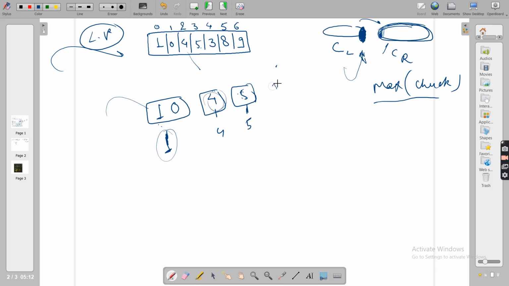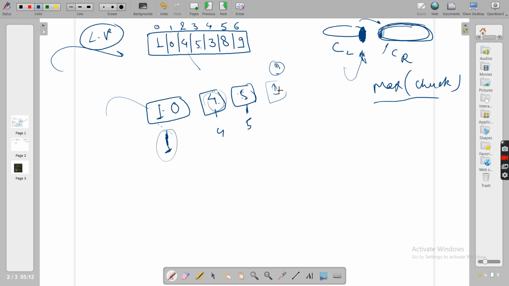Now 3 was coming. Let's say 3 was hanging here. Can this 3 live in a separate chunk other than this 5 or 4? No, obviously not.